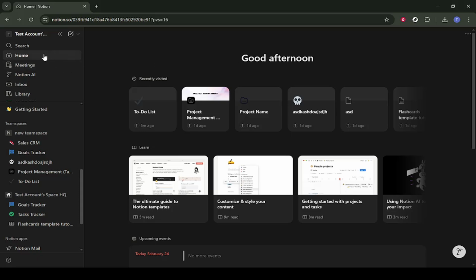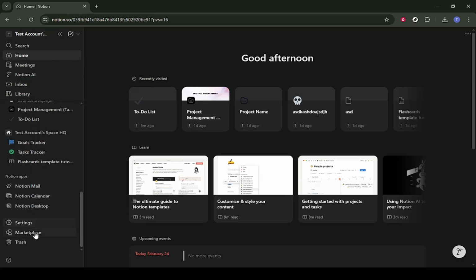Start by going to your Notion home. This is the main dashboard where you can access your pages, team spaces, and recent work. Once you are there, look to the left side navigation and click on Marketplace. The Marketplace is where Notion hosts templates and other resources that you can add directly into your account without building